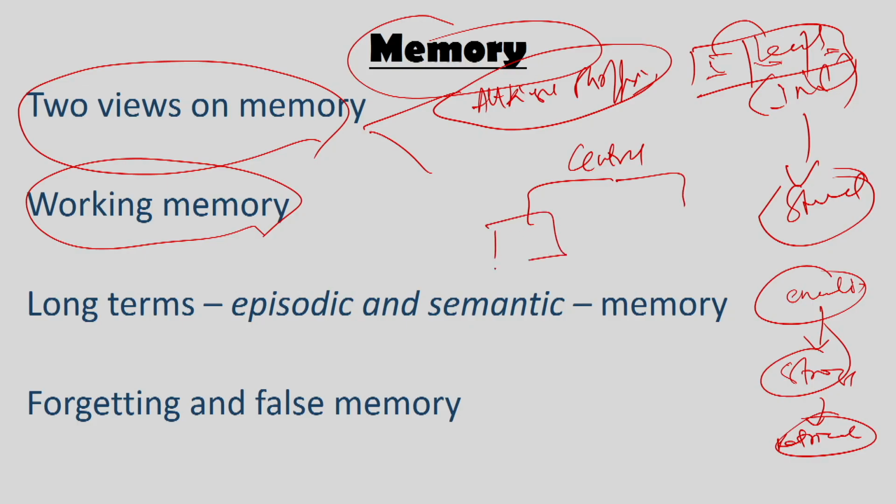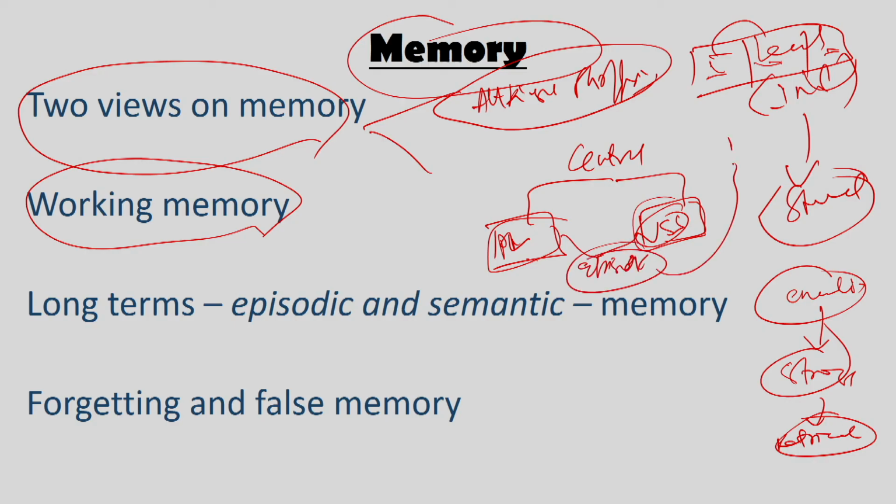Now, for the first time, working memory gives a conceptualization that there is something called a central executive, and this central executive is connected to the phonological loop and the visual spatial sketchpad. So, visual and spatial information moves to the visual spatial sketchpad, and the acoustic information moves to the phonological loop, and between them lies the episodic buffer, which integrates information from both these stores, and then talks to long term memory and borrows from it for processing information. The central executive is the process which makes all this happen,